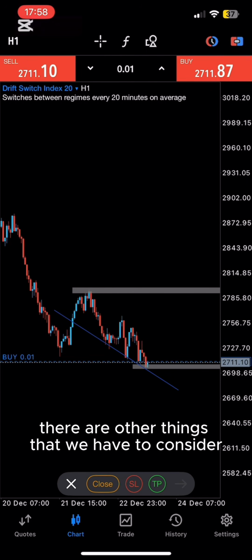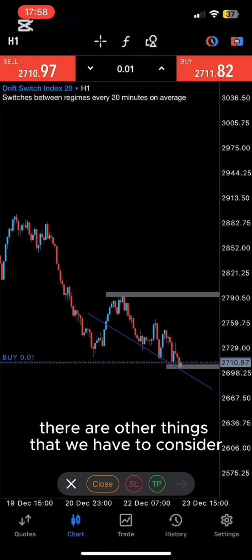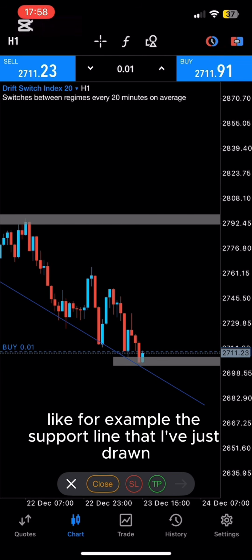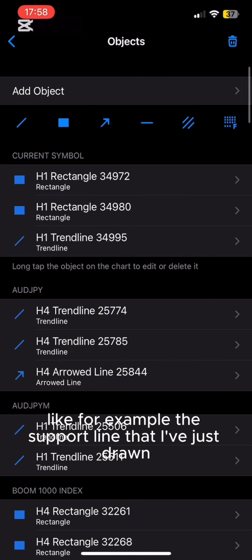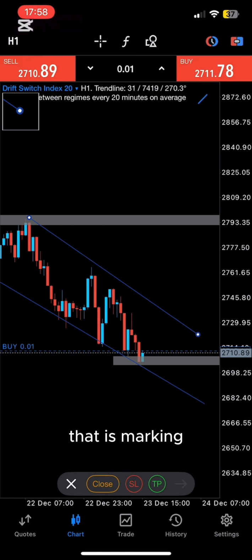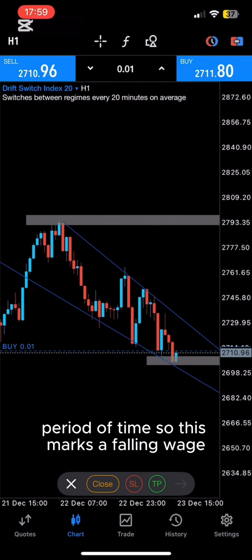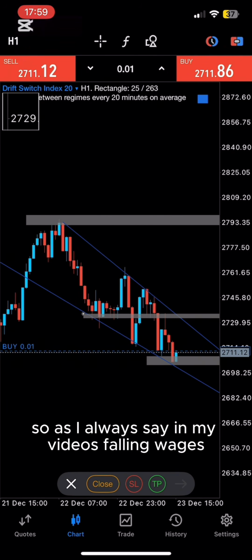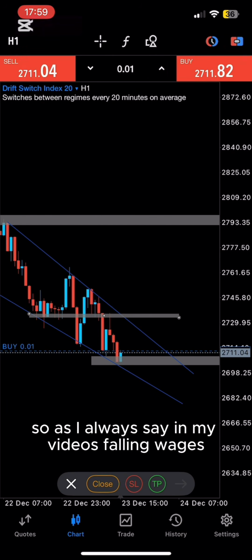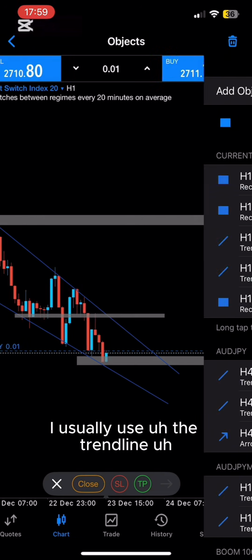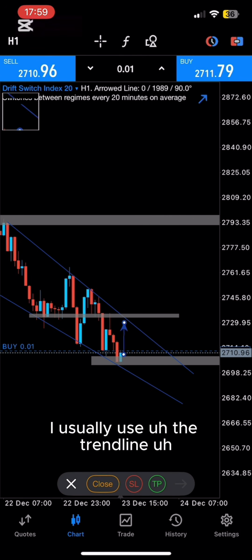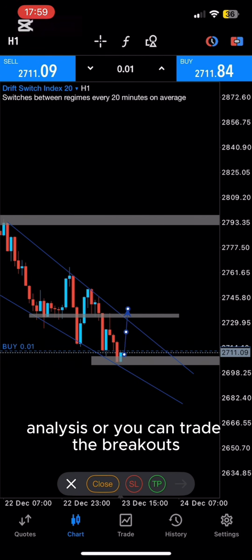However, there are other things that we have to consider, like for example, the support line that I've just drawn, which is marking a channel that was being respected over a period of time. So this marks a falling wedge. As I always say in my videos, with falling wedges, I usually use the trend line analysis,